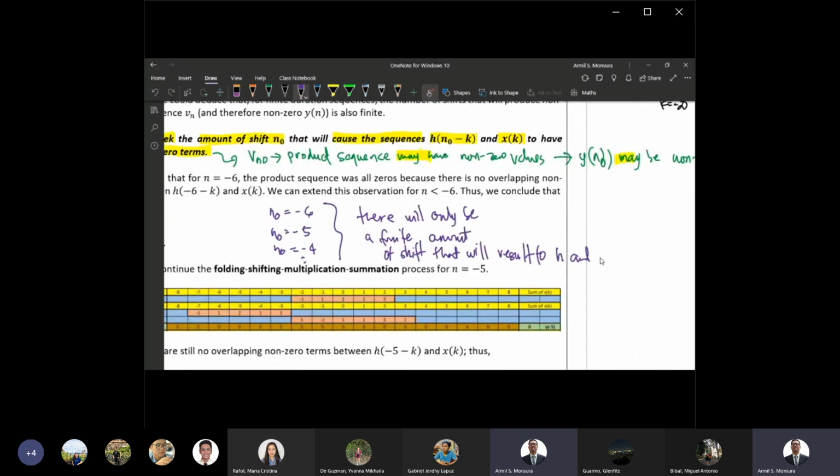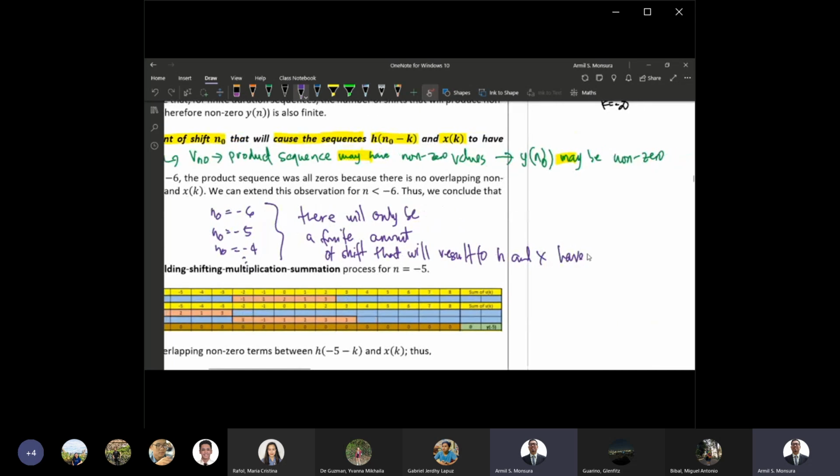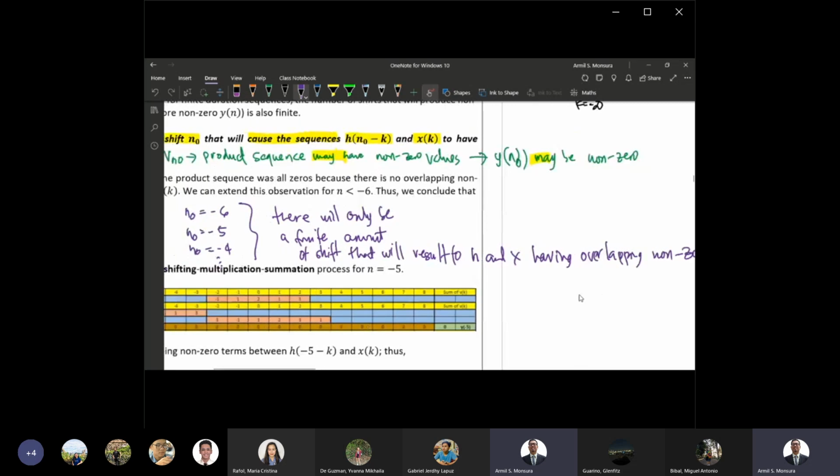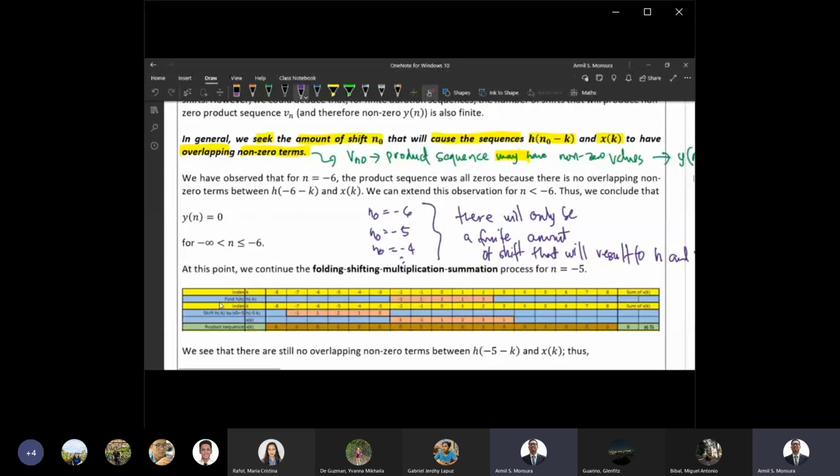h and x having overlapping non-zero terms. Okay? So, since yung length ng h at saka ng x ninyo are both finite, okay, you can just imagine na yung number of shifts nito would also result in a finite amount of shift. Okay. In fact, kung titingnan ninyo mabuti to, okay, kung obserbahan ninyo to, since dun sa amount of shift